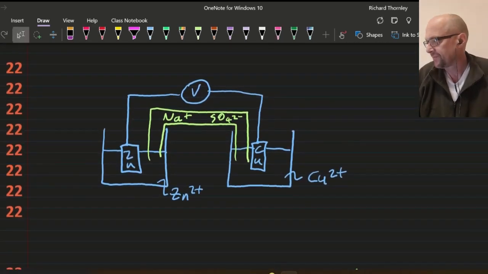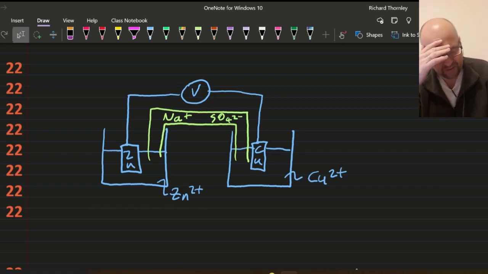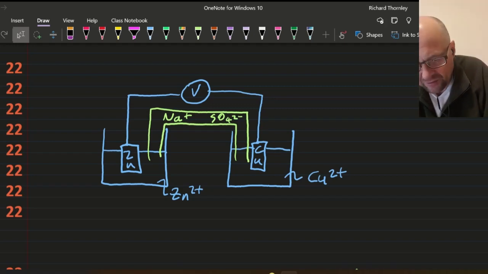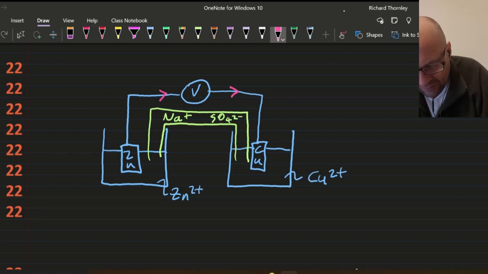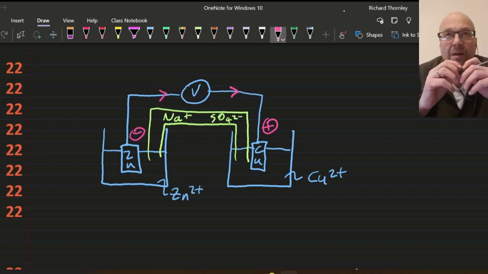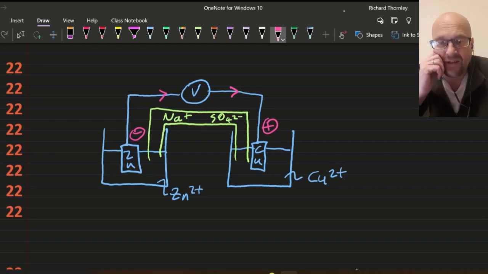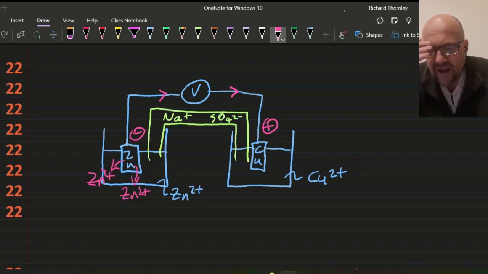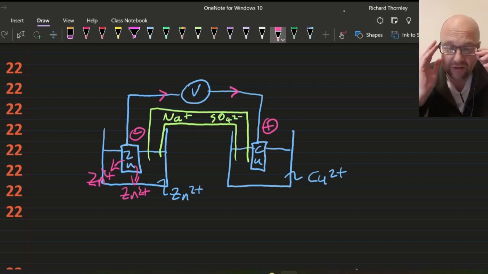22, oi. What happens to the salt bridge? Okay. So this is how I do this one. So the electrons are going this way, which means that this must be the negative electrode and that must be the positive electrode. Now what the salt bridge does, it balances the charge in the half cell. Now, as the zinc 2+ is formed from the zinc, what's happening is as zinc 2+ is coming off like that, this negative electrode is being swamped by these positive zinc 2+ ions. How do I know that the zinc 2+ is falling off there? Well,